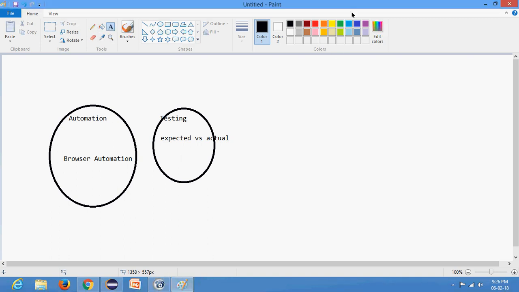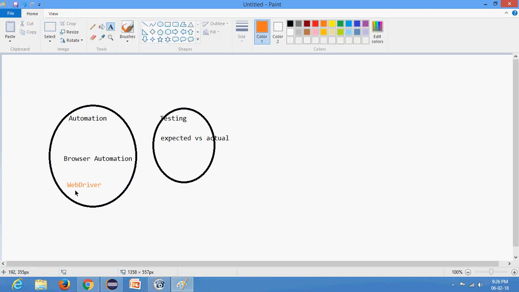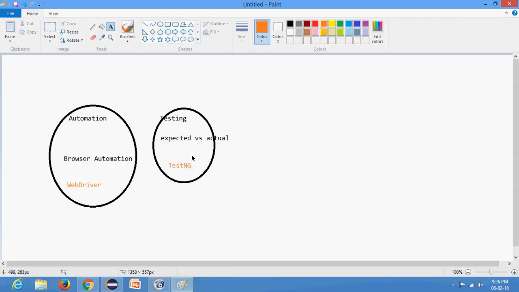So for testing, we have a tool. The tool is actually WebDriver. We will be using WebDriver for browser automation, whereas TestNG for the testing related stuff. Now, what is testing related stuff? It means,